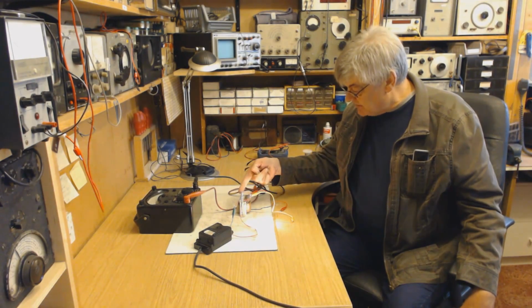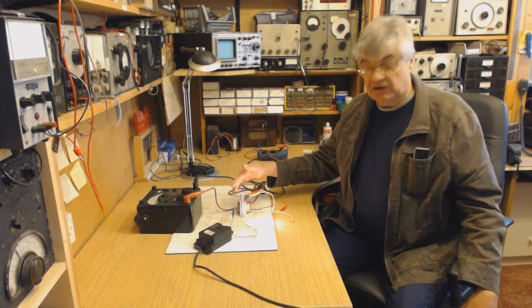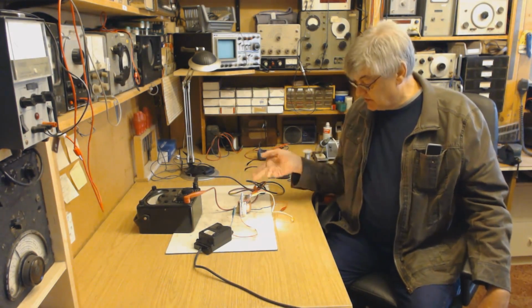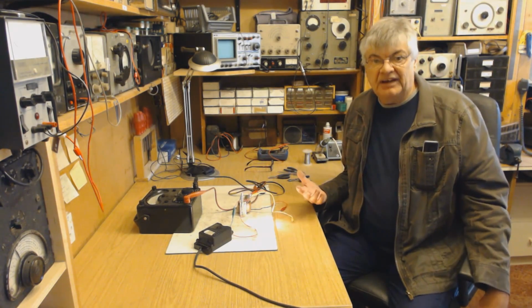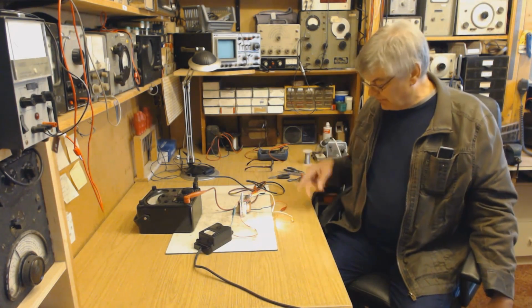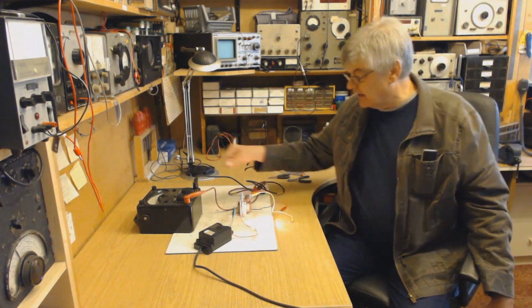I need HT. That'll be okay. I've got HT on this one, a couple of 100 volts. But the thing I'm worried about is the heater current. It's 6.3 volts. I need, well, 1.8 amps if I can. No, probably 1.5 amps. Anyway, I've got a couple of car bulbs, the old interior light bulbs here, and together